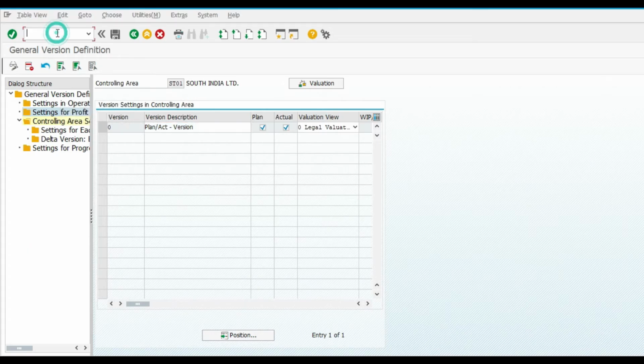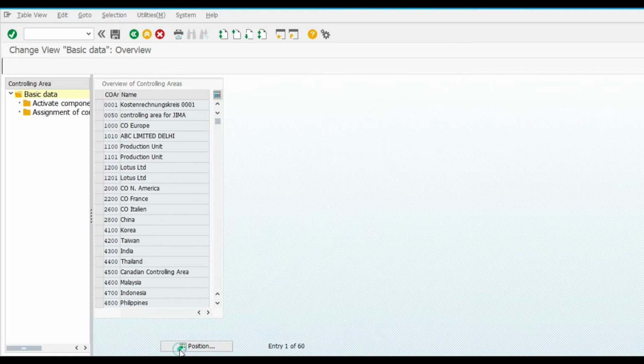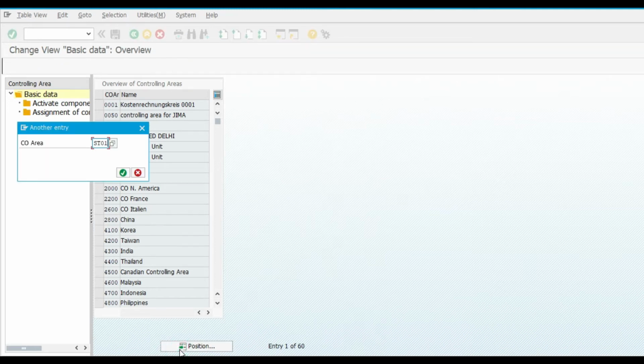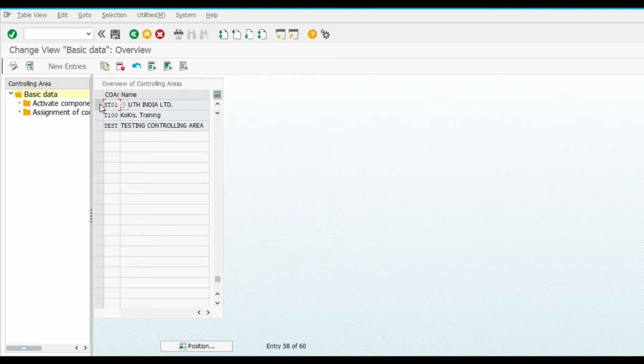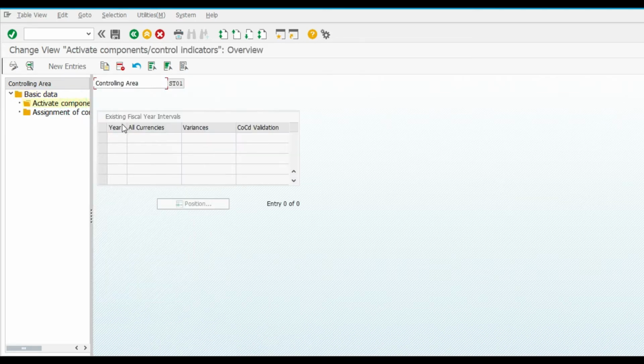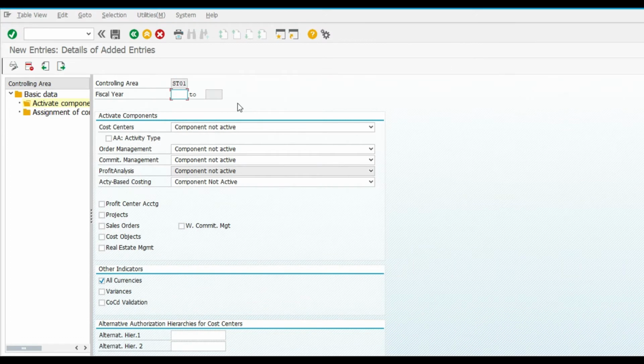Now next is OKKP. This is the main T code for controlling, which allows us to activate the components. Our controlling area is ST01. Now we will click on activate component, new entry. We are in 2021. Cost center accounting, I am going to activate.